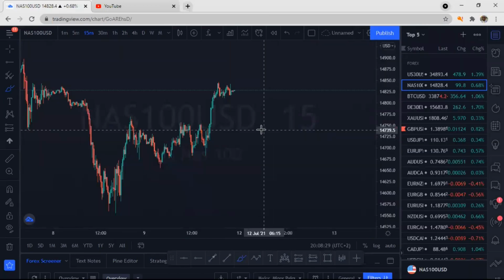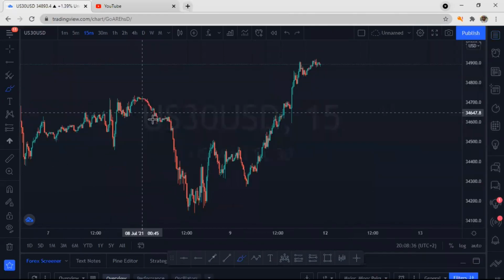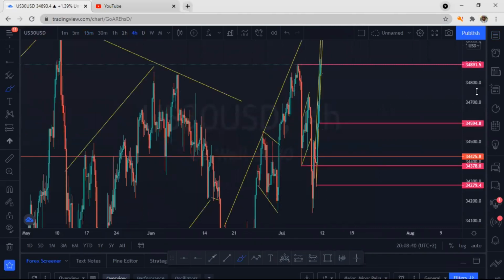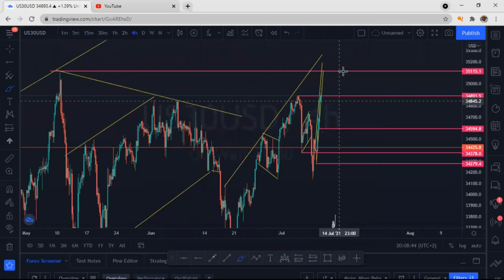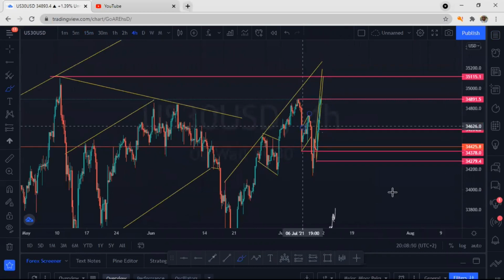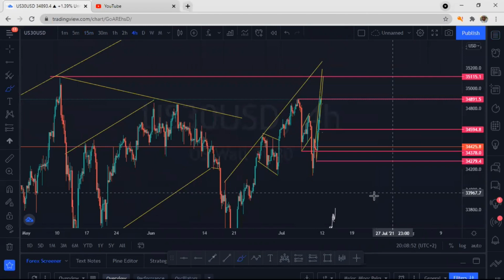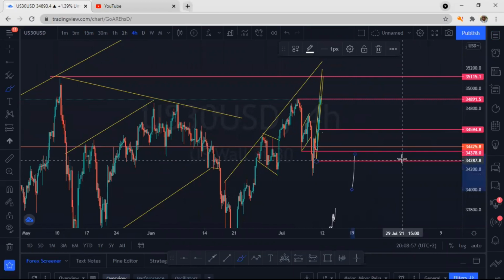So when I look at this chart, we are on 15 minutes. Let's go to 4 hours and check what we see on 4 hours. These are new highs. Let's check here what is happening. There's lots of drawings. Can you see anything? No, there's lots of drawings, Mr. T. I can't see. Anyway, what did I do here?